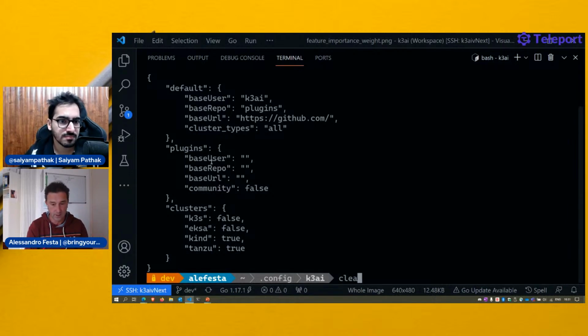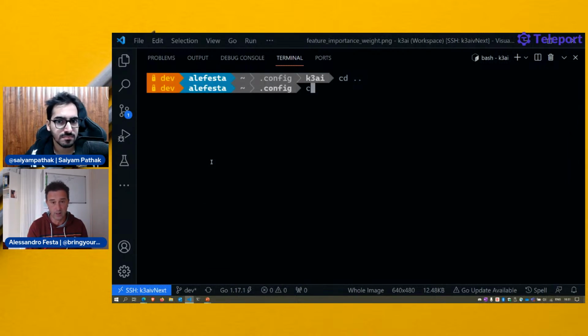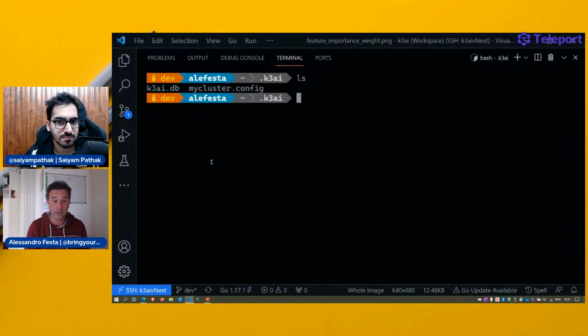That's the first thing. The second thing is, as said, we created a folder called .k3ai, where there's a DB. The DB is a SQLite. Why SQLite? Because we don't really need too fancy complexity there. Maybe later we will deploy a different kind of database. There are many options there. If you have ideas, bring them to the K3ai repo. That's super cool. I'm not an expert on databases, to be honest. I'm using the most simple thing there.